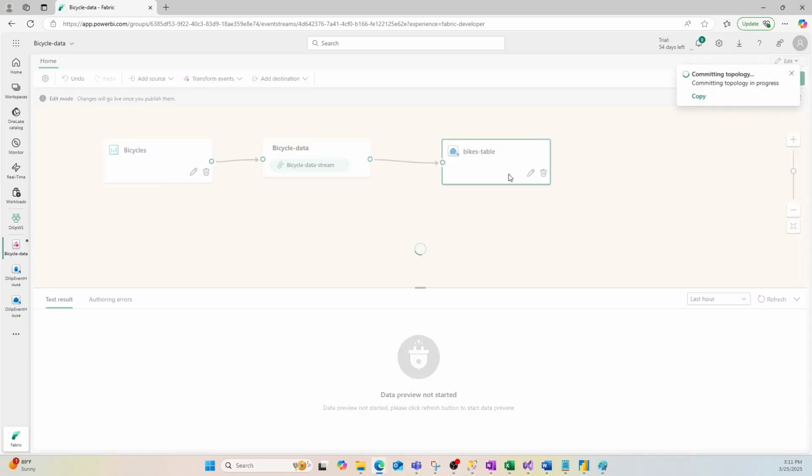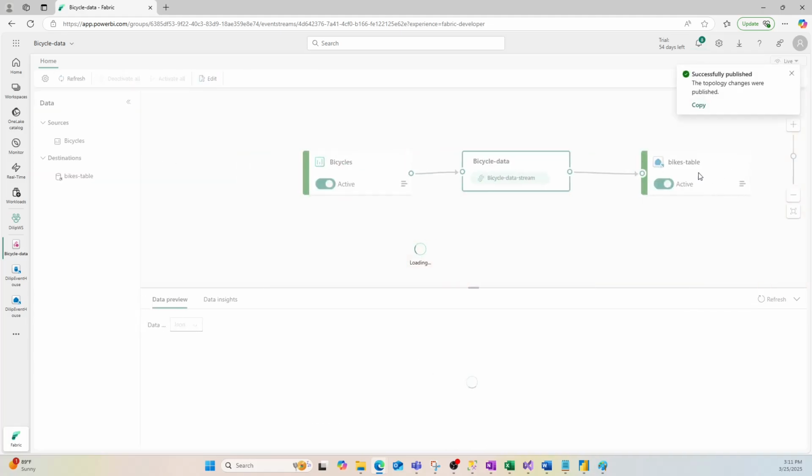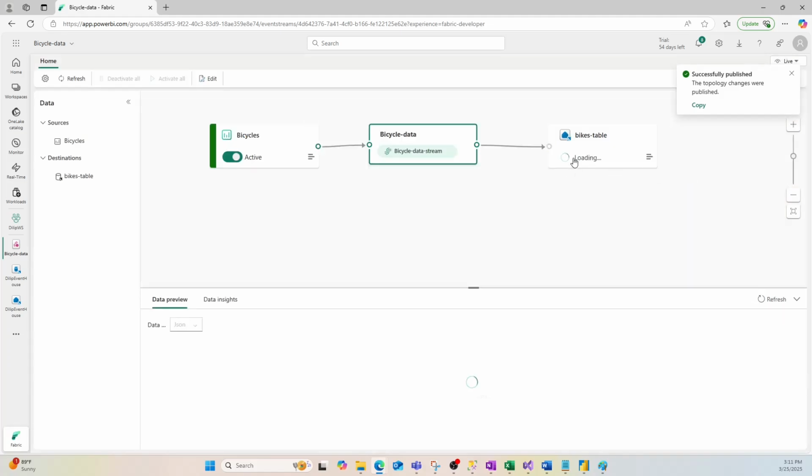As soon as I hit publish, it's going to start doing its work, bringing the data from our source, the bicycle data, to the bike table right here. It will take a couple of minutes, based on how much data is in the source. Meanwhile, once the data is loaded into this event house destination, the bike table, I probably can do a couple of other activities like